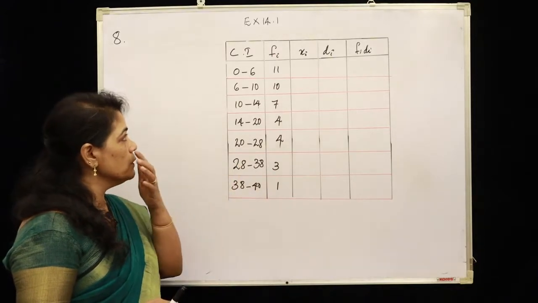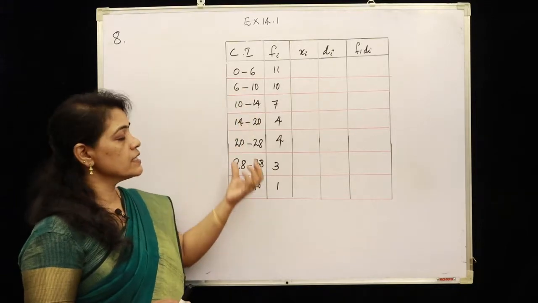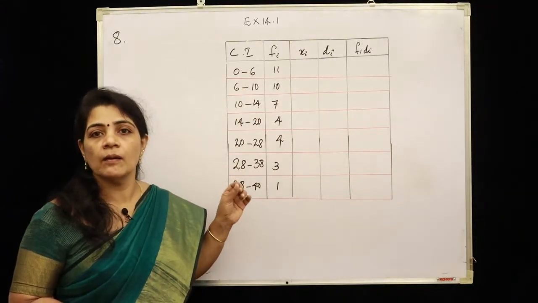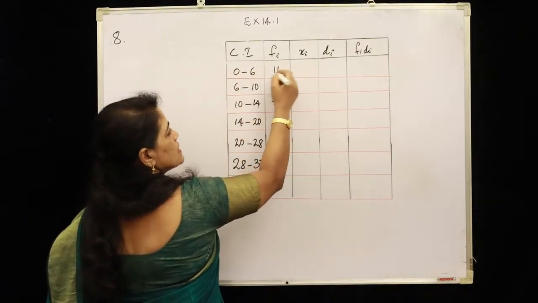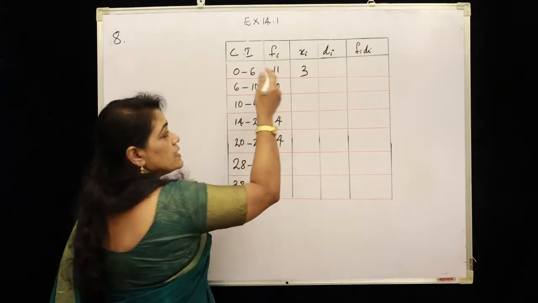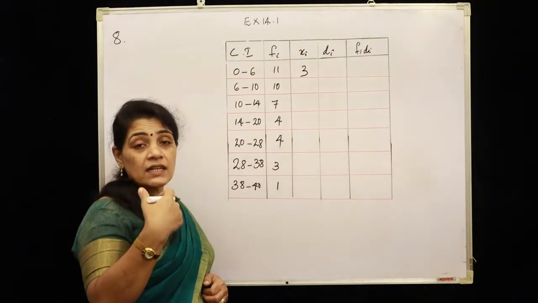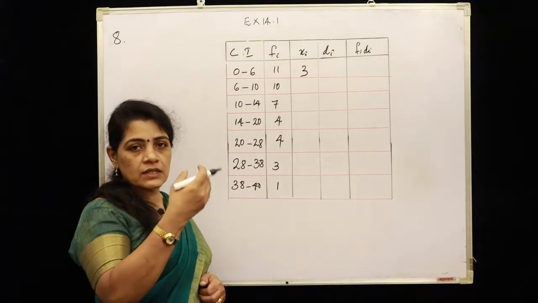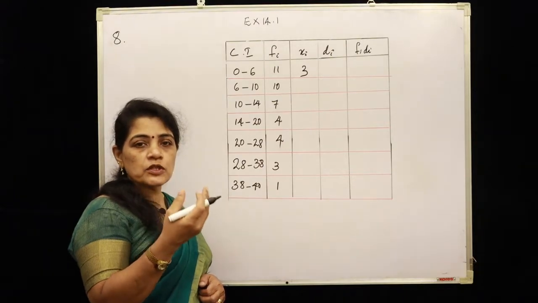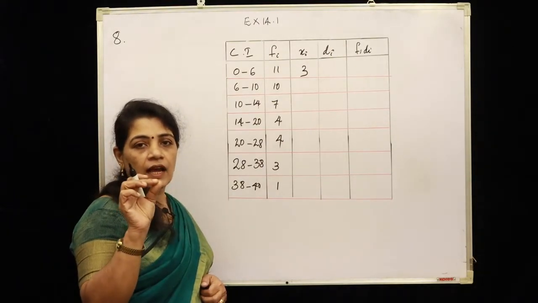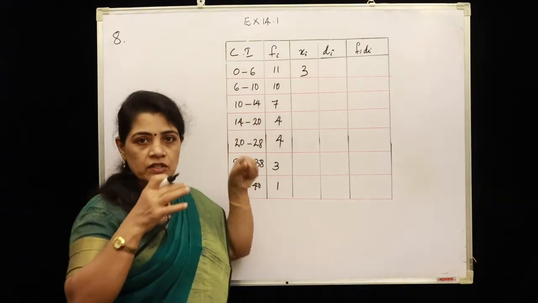So we can continue. In the next step, we are finding the mid value of each class interval, that is lower limit plus upper limit divided by 2. So 0 plus 6, that is 6 by 2, 3. See here the height is different, the class width is different, so we can't simply add the class size to the successive class mid values. That is possible only when each class interval has the same class width. So we have to find out the class width for each case separately.